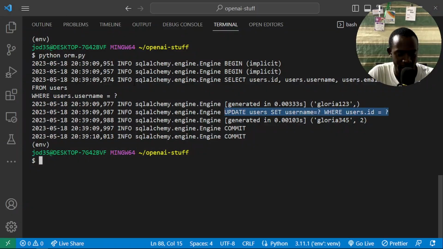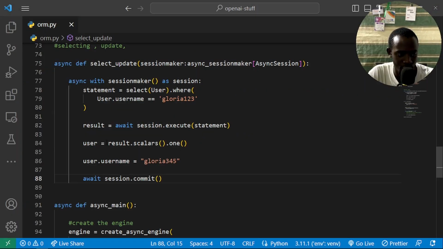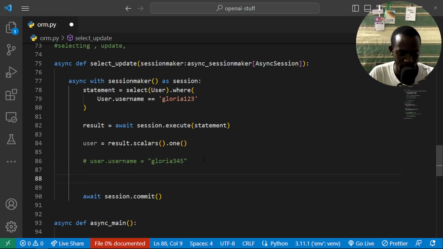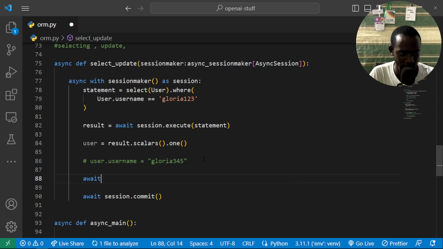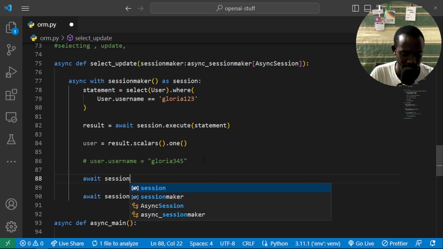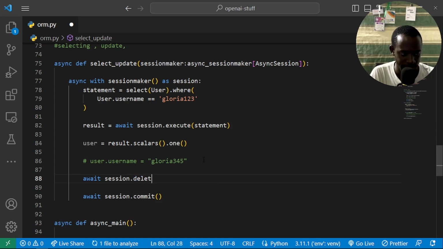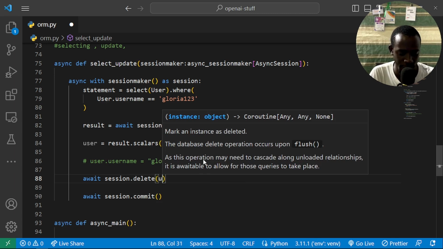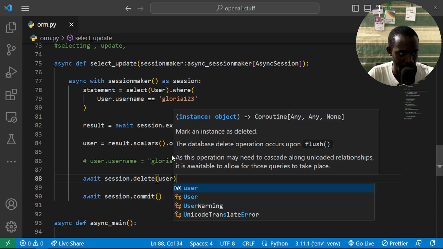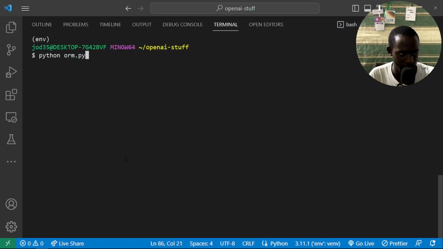We can also go ahead and delete this object. Deleting this object will be as simple as making use of session.delete. So we can say await session.delete, and then in here, we shall provide our instance, which is going to be our user. So if we try to run our code right here,